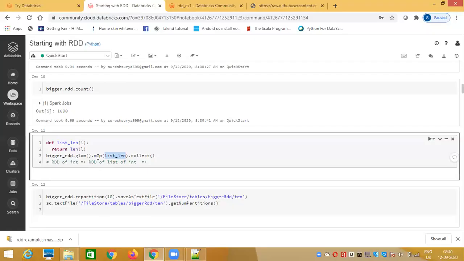We are starting with the map function. You will see filter, group by key, reduce by key, and all these functions are iterative in nature. These are also called higher order functions.